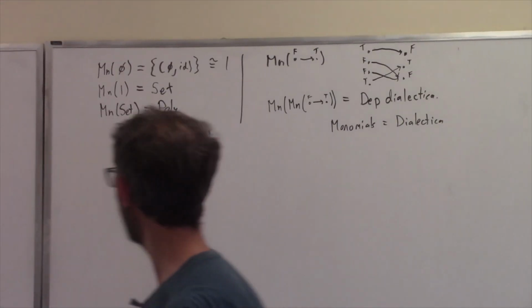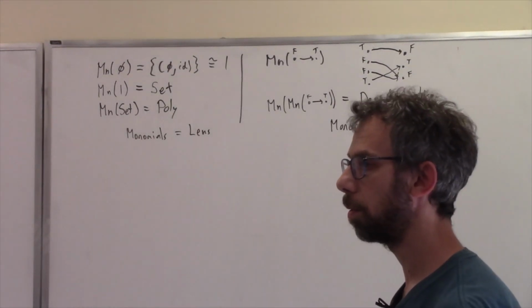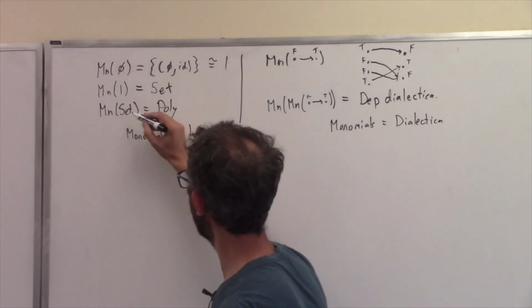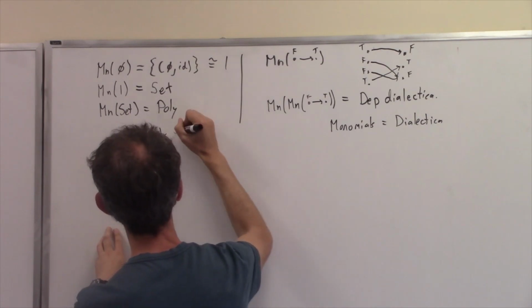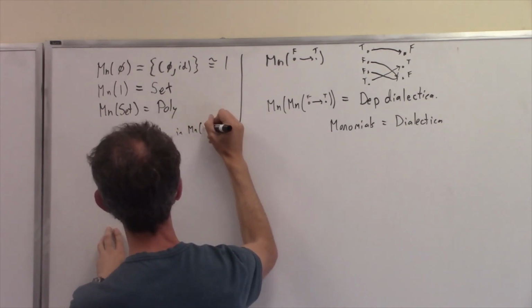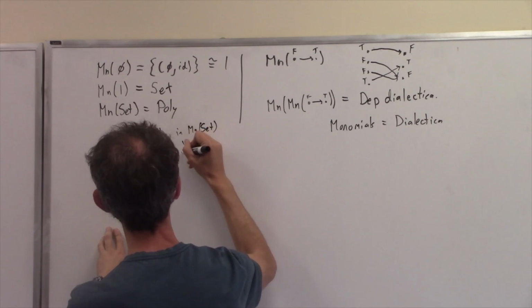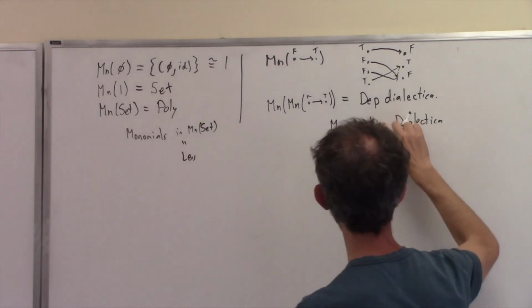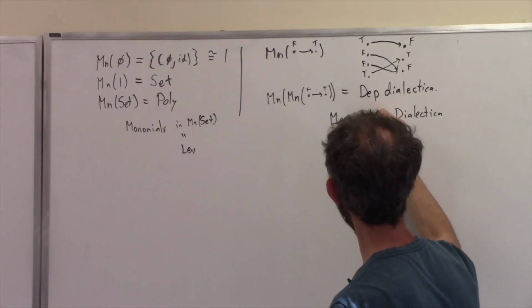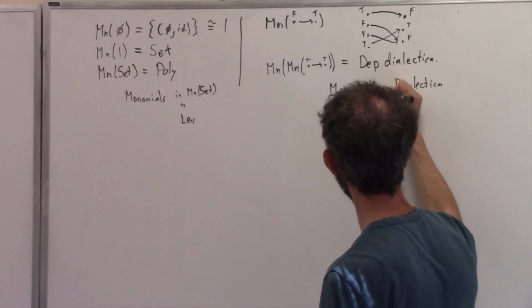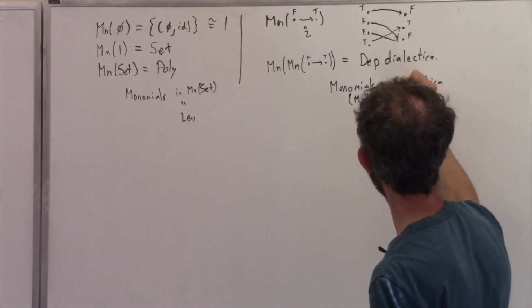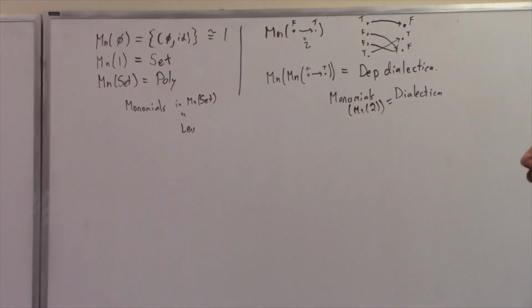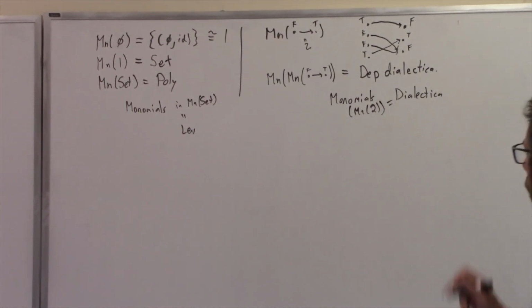And these are forced. When you talk about monomials, are you converting both of those instances of MN? No, I'm sorry, just in the latter. Just in the very last one. Monomials in menus of set equals lens. And monomials in MN of 2. Let's call this thing 2. Say again? Menu of 2? Yes.